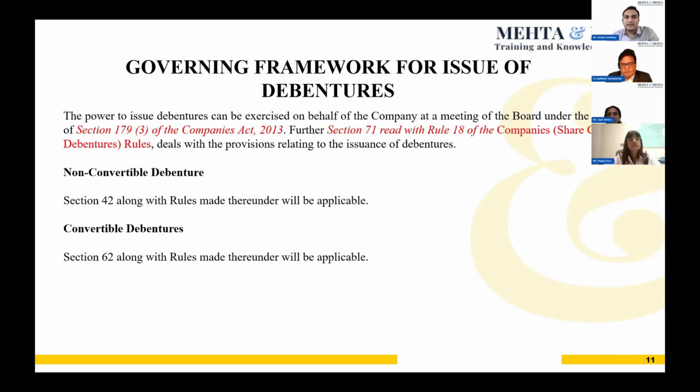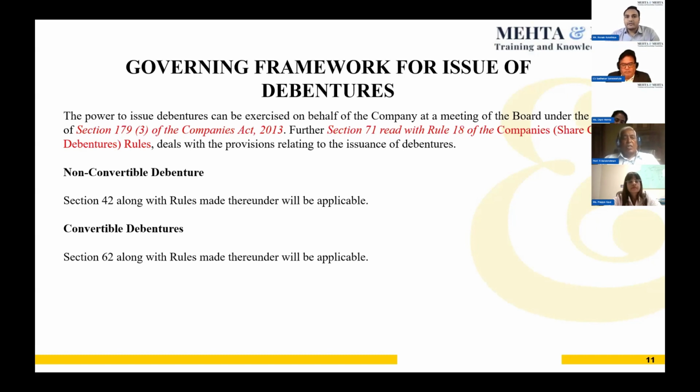In case of non-convertible debentures, section 42 read with the rules made thereunder will be applicable, wherein the debentures are privately placed, and a public company can issue debentures either privately placed or by public issue. Secondly, in case of convertible debentures, which are convertible either fully or partly into equity, section 62 will be attracted by virtue of the explanation provided in rule 13 of the Companies (Share Capital and Debentures) Rules, which explains that the meaning of the words shares or other securities includes fully convertible, partly convertible, or any securities which might be convertible into equity at a later date,